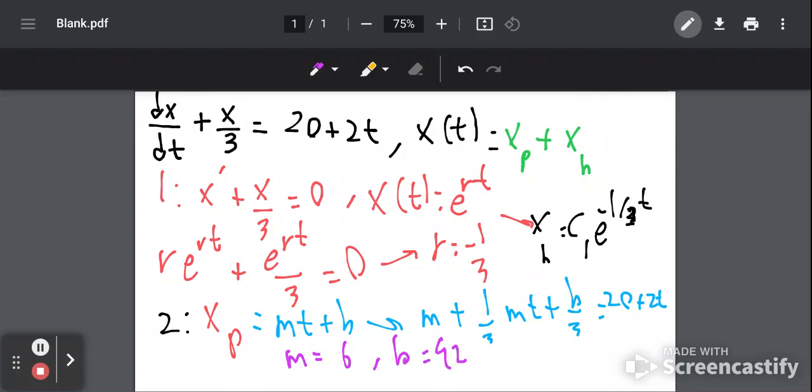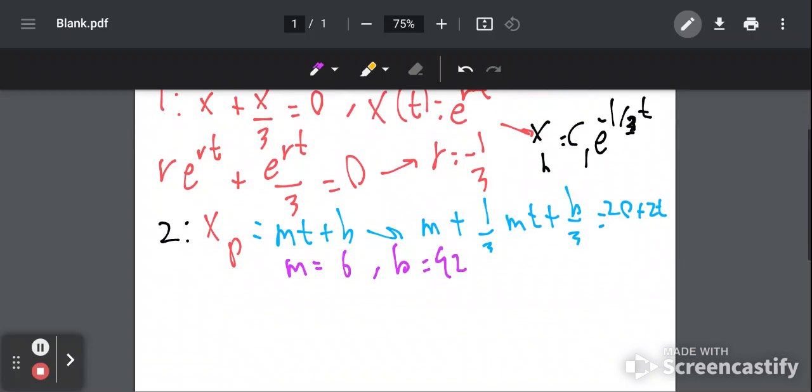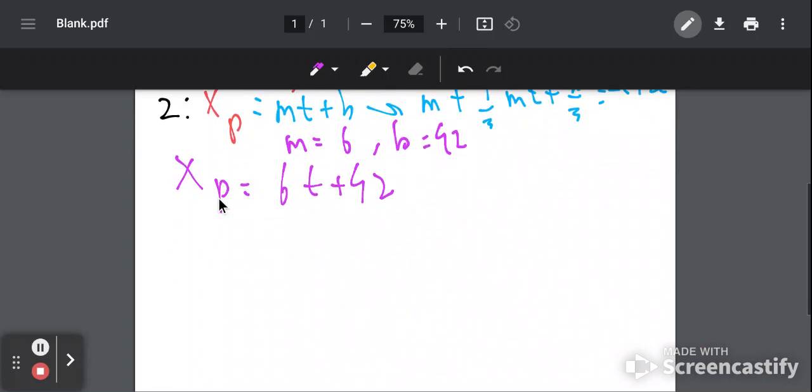And so we have found x sub p, the particular solution to this differential equation. It is 6t plus 42. And so our final solution to this problem would be x of t, which is the sum of